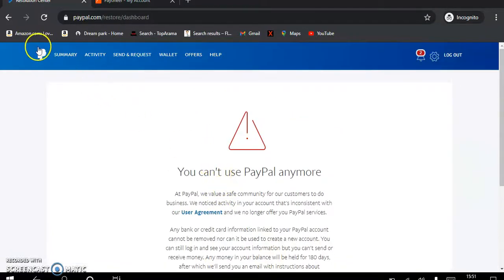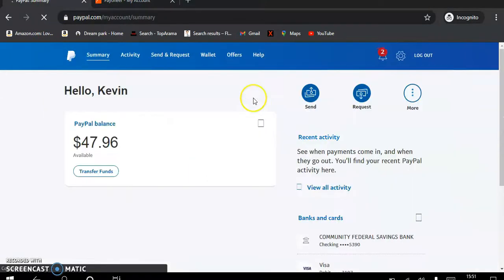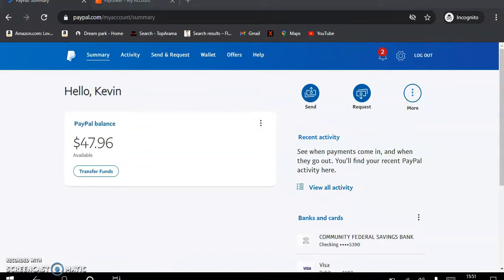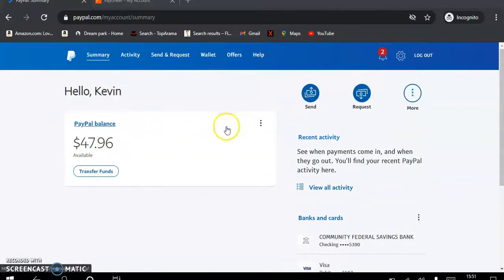What we'll try to do is really try to remove this cash that has been held. The PayPal was limited, but there were $49 inside. So we'll use our Community Federal Savings Bank to transfer with it. The very first thing is to access our Community Federal Savings Bank.